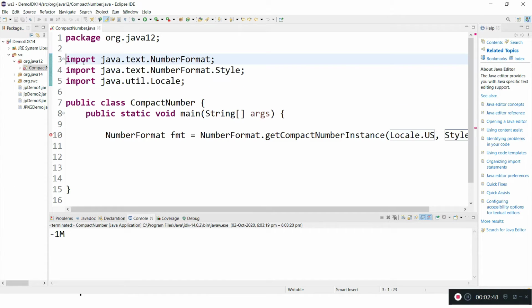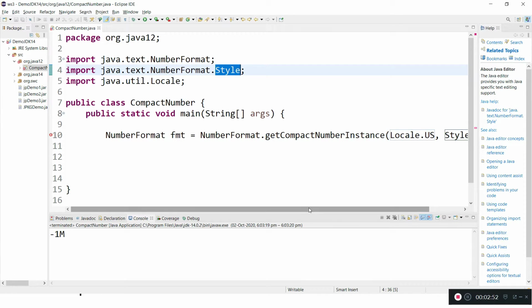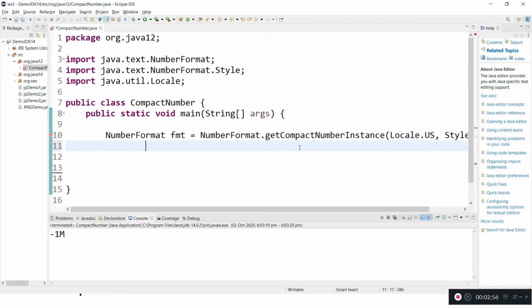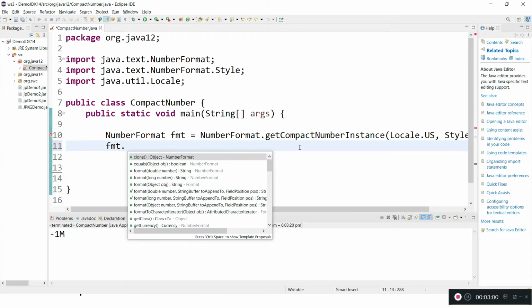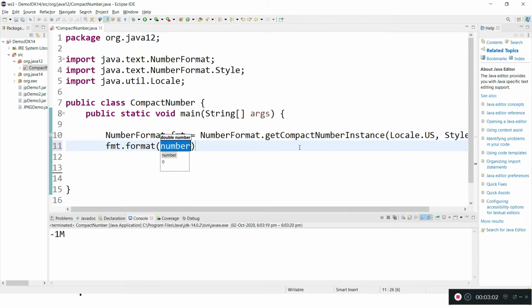This is NumberFormat.Style, and from that we derive SHORT. Now use the fmt reference to get the format. Here give your number, let's say I am giving 1000. It returns a string, the number in short form of type String.